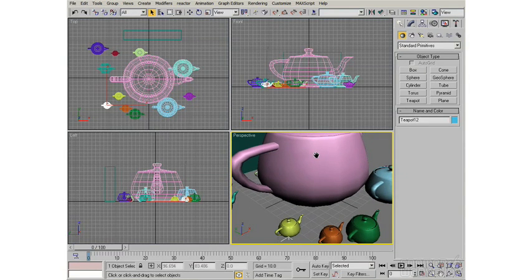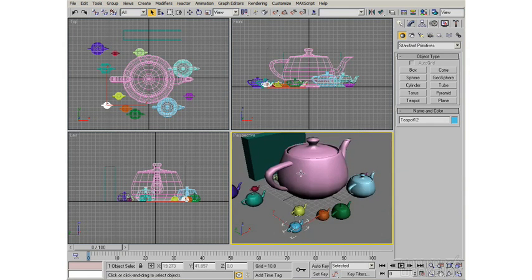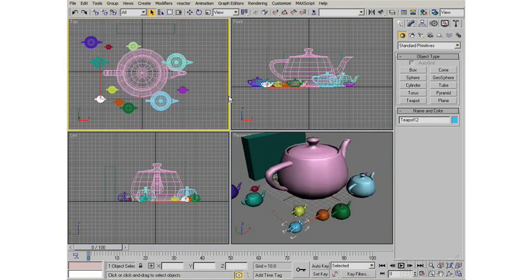Well, you still can't see everything, so we need to be able to zoom in or out. That's where you roll the wheel. If you roll the wheel, you can zoom in or out of any view. Now, 3D Studio has this notion of an active viewport, so even if I roll in and out and I'm kind of over here,